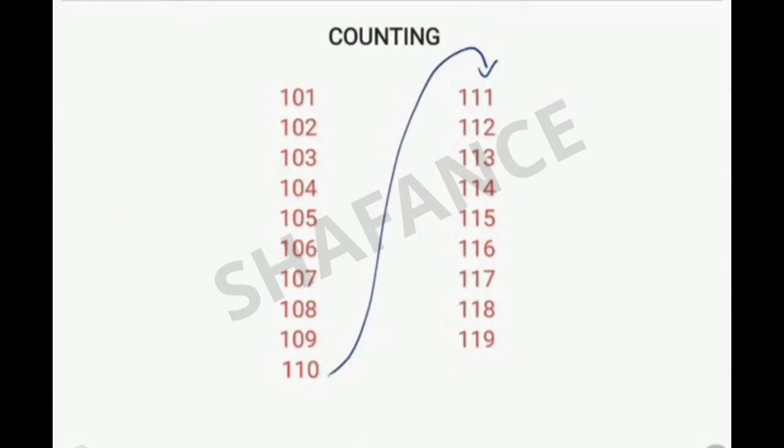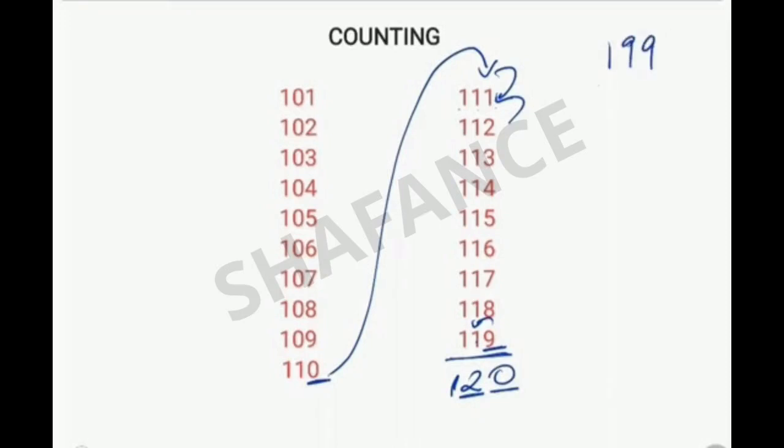From 110, again now we have to increase this digit. From 0 it becomes 1. So it becomes 111. So it goes on till 119, and after this 9 is at maximum, so we'll increase this digit. From 1 it will become 2, and since this place has changed, all the digits right to it would become 0. So 120.